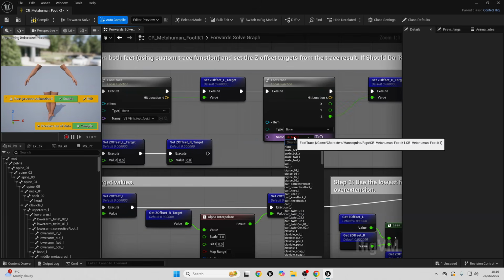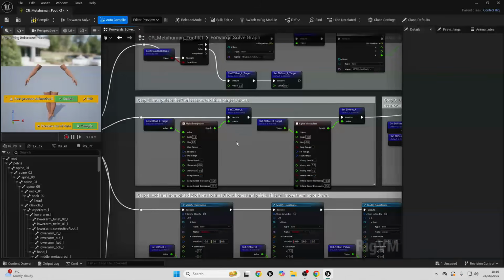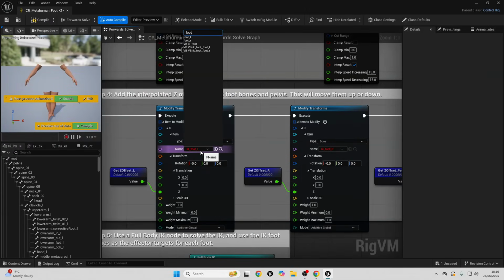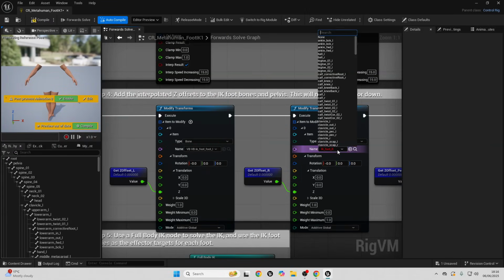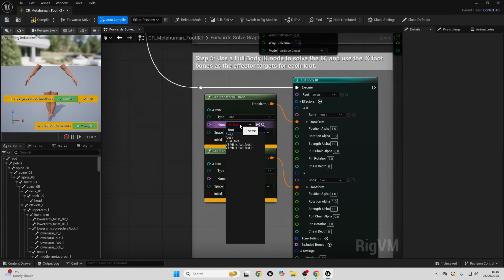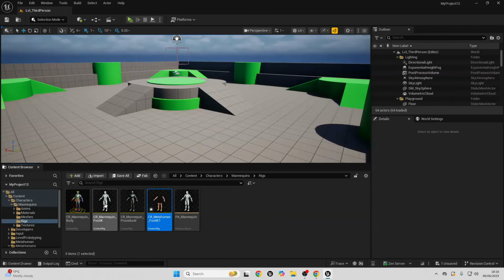Here I'm going to look for my foot R bone, and we basically want to do this everywhere where there is a red error message. So here I'm going to look for my foot L. Here I'm going to look for my foot R. Here I'll look for my foot L. Then here I'll look for my foot R again. Compile this. And then we just want to go over to your metahuman's animation blueprint